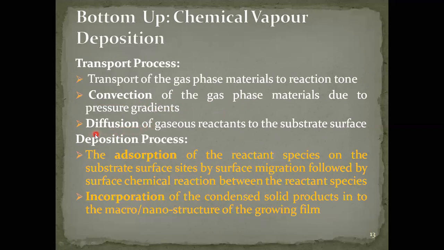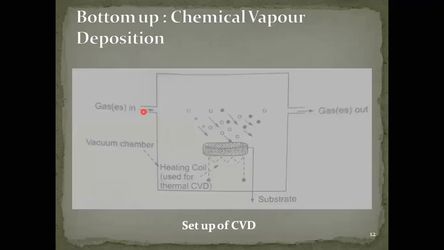We have come across diffusion in the semiconductors. Diffusion is migration of ions or molecules or atoms from a higher concentration region to a lower concentration region. So at the time when you are passing the gases in, you are not seeing which is the higher concentration and which is the lower concentration. First thing is convection. You are passing the gases. One happens due to free convection. Free convection means nobody needs to push the gases inside. The gas itself will go.